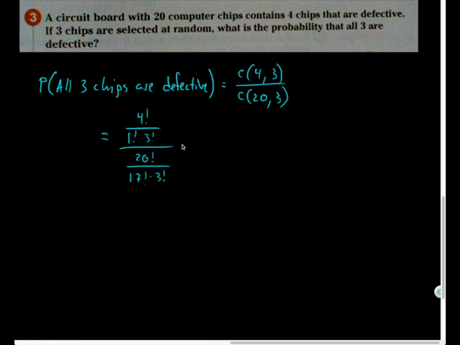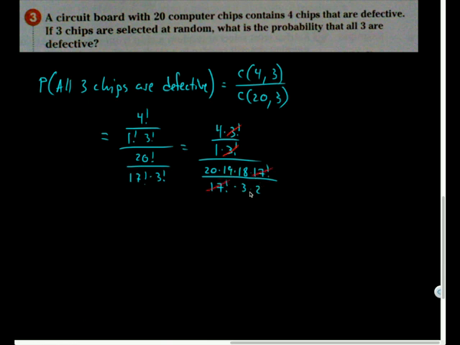All right, so what's this look like? This looks like 4 times 3 factorial over 3 factorial. 1 factorial is just 1. If you want to have that there, you still could. 20 times 19 times 18 times 17 factorial, all over 17 factorial times 3 times 2 times 1, or just 3 times 2. So let's cancel out what we can. This is my favorite part, by the way. I love canceling stuff out. 3 factorial, 3 factorial, there you go. 17 factorial, 17 factorial, cancel out.